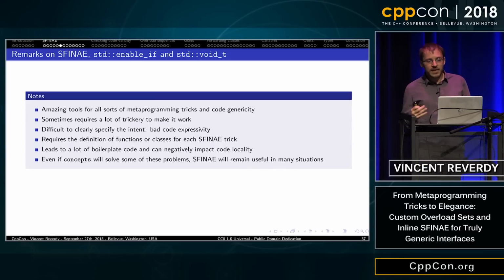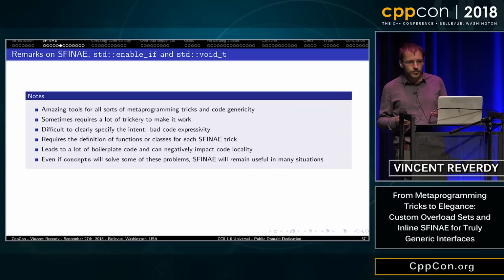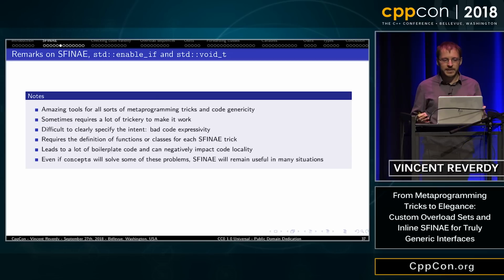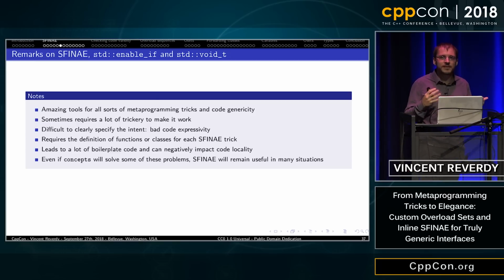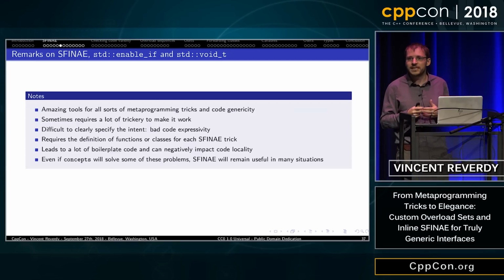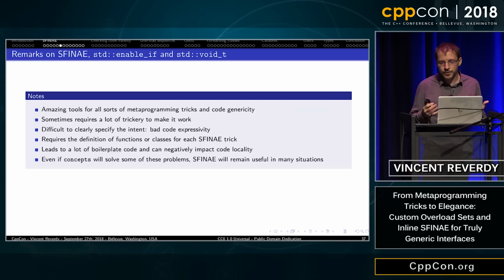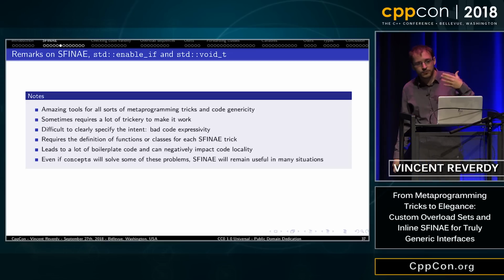So SFINAE, enable_if, and void_t are amazing tools for all sorts of metaprogramming tricks. The problem is that sometimes it requires a lot of trickery to make it work, and it's not very expressive, in the sense that when you read the code, it's not immediately clear what the original developer wanted to do. And also, it leads to a lot of boilerplate code because for every trick you need to do, you need to implement a new function or a new class.